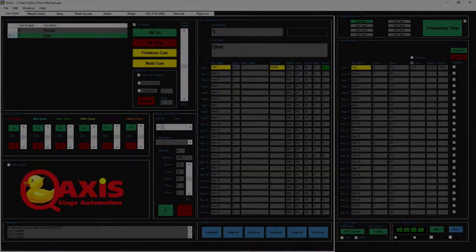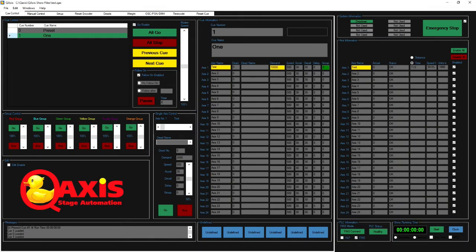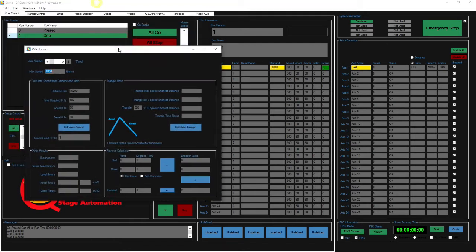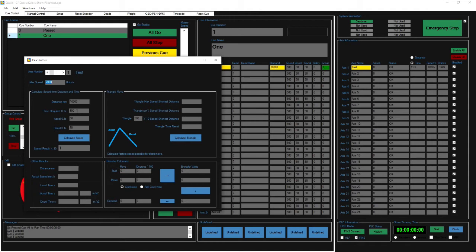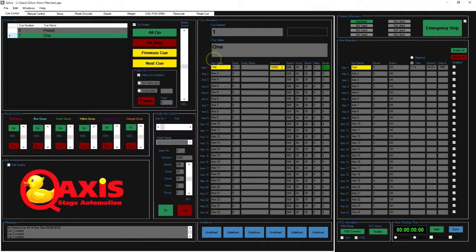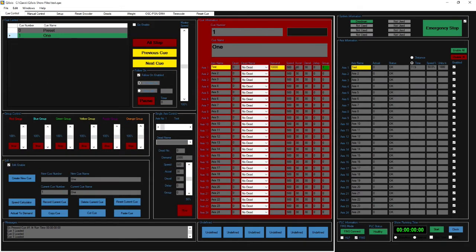We've got a speed calculator to help us work out what speed to put in. So in this example, we are currently at 0. We want to get to 10,000, but suppose we want to do that in 10 seconds. So we get our calculator and we want to do 10,000 in 10 seconds. So we calculate that, 61.3%. So if we now edit the queue to 613, record it,